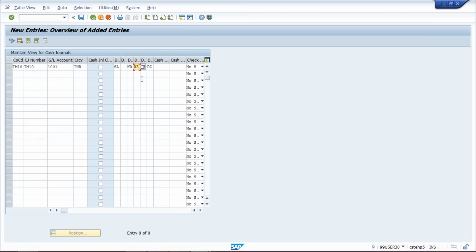Okay, generally. Now, here a few document types I have given. Now, the major thing we need to understand is this one, cash journal number. Why have we given this cash journal number? Let me save this.